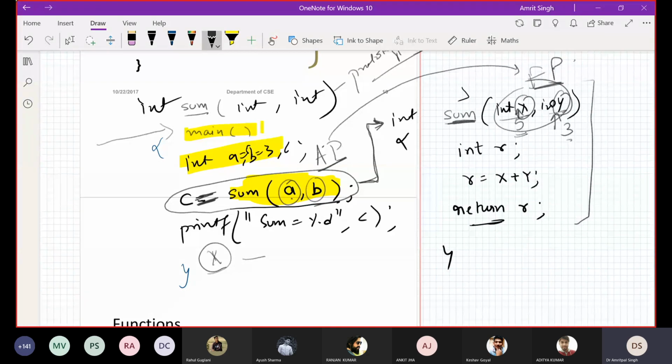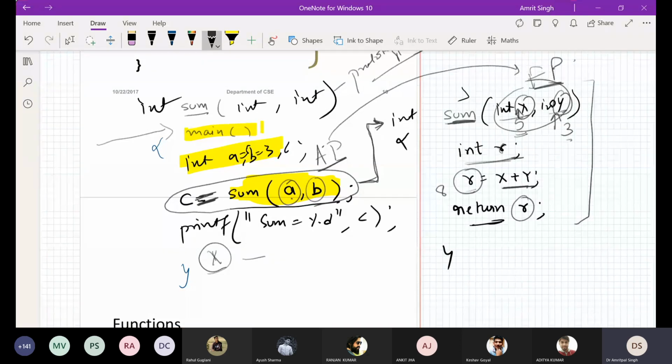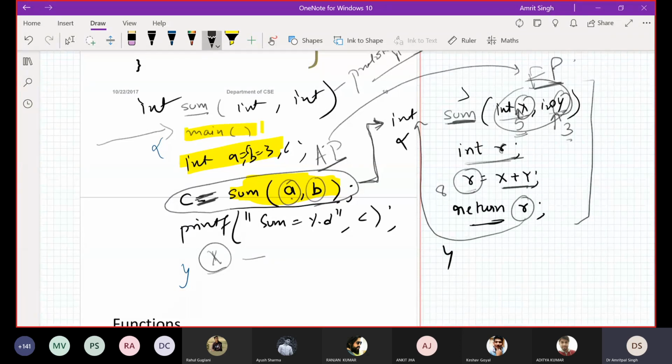Now we have declared a temporary variable, result, and I'm saying r is equal to x plus y. What is going to be stored in r? 8, and at the end of the function I told it to return r, so it is going to return r.